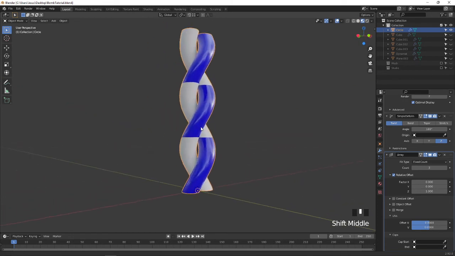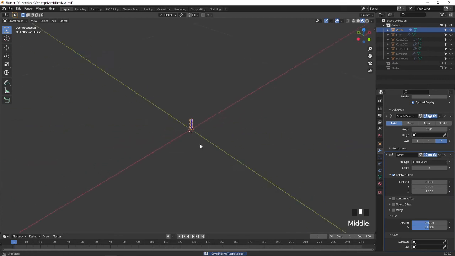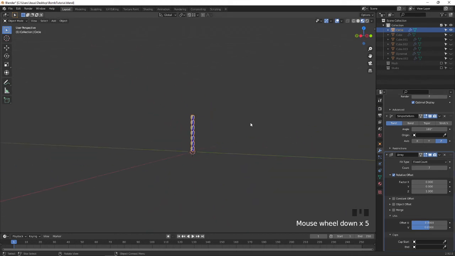This also doesn't look good, so I'm going to keep it the same for the wires. Okay, now you can increase the counts. You can see our wire is getting started.